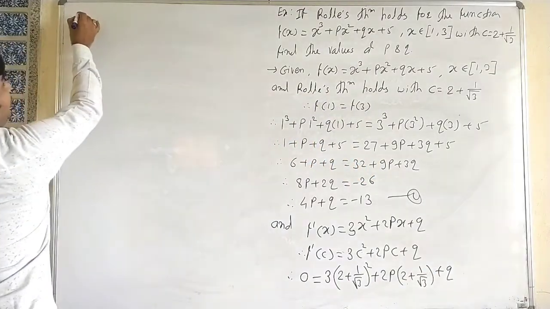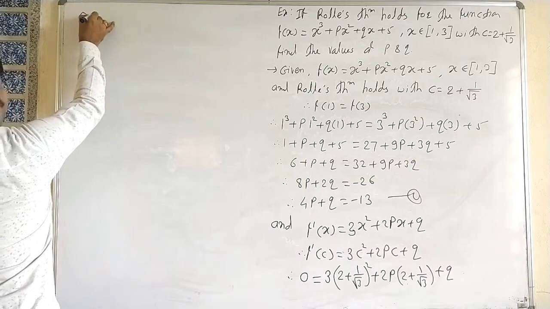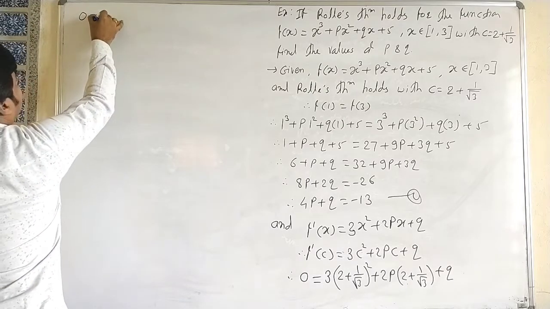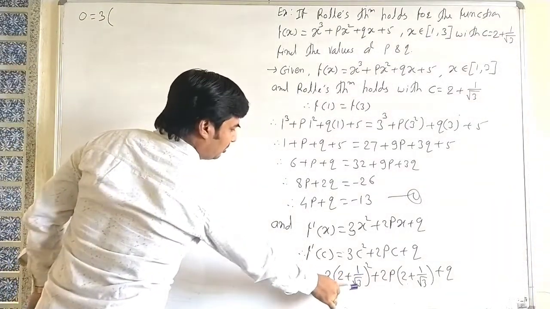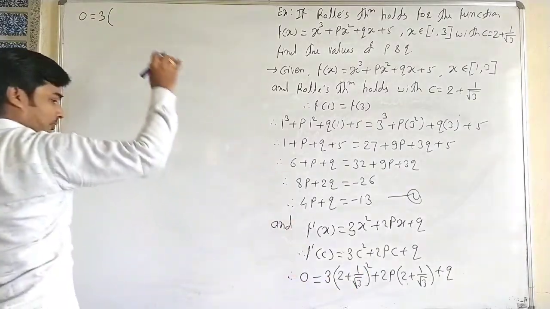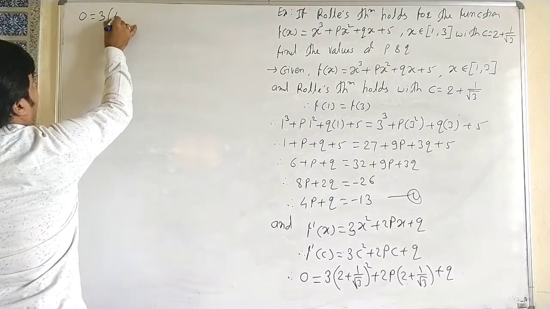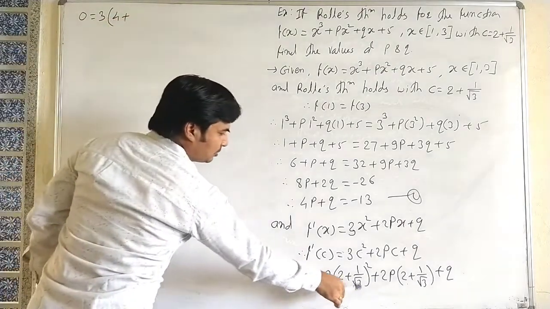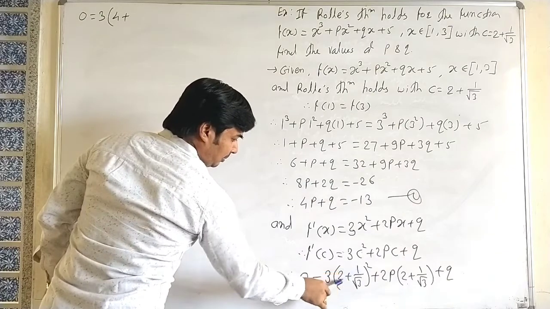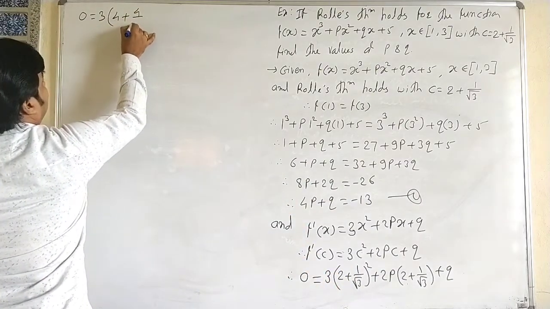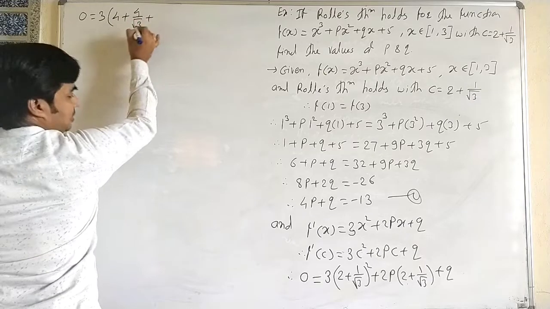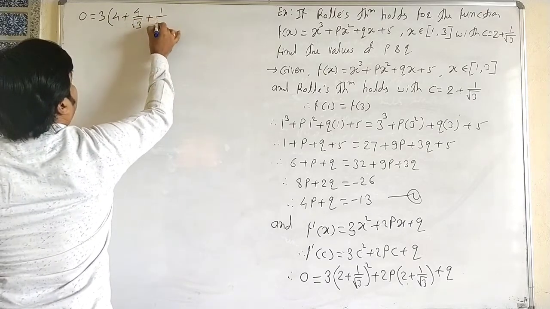Here 0 is equal to 3 into (2 plus 1 by root 3) whole square. It is 4 plus, it is (a plus b) whole square. Then multiplication in twice. It is 4 by under root 3 plus 1 by 3